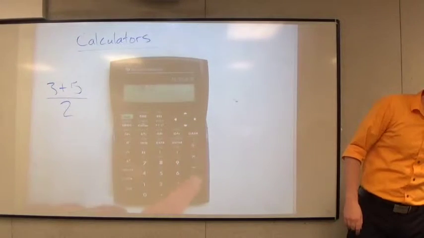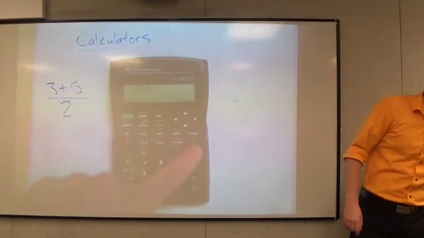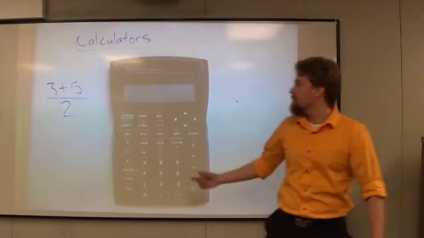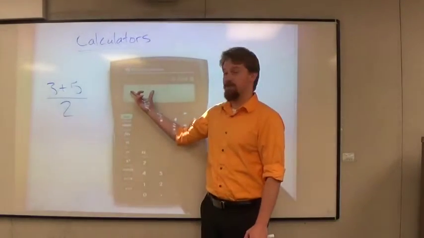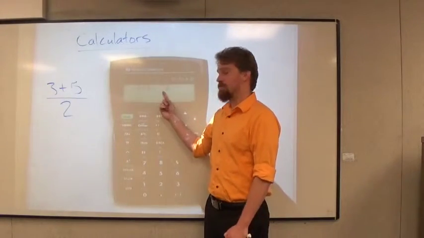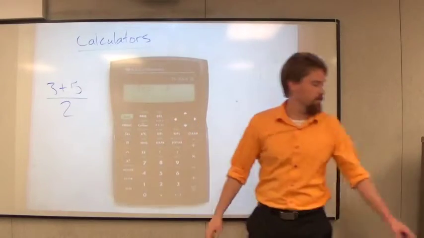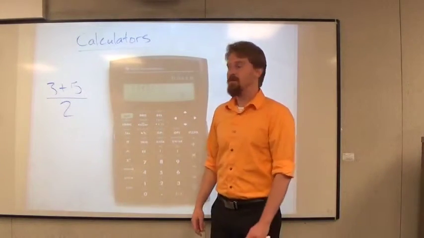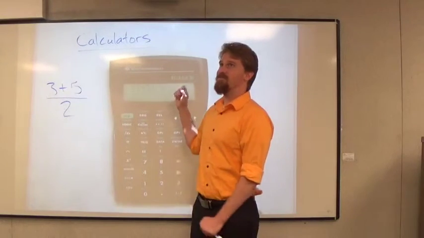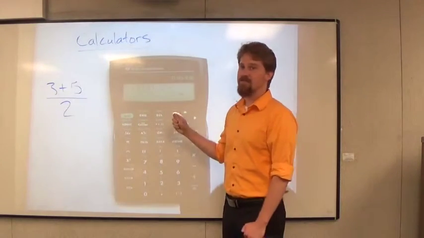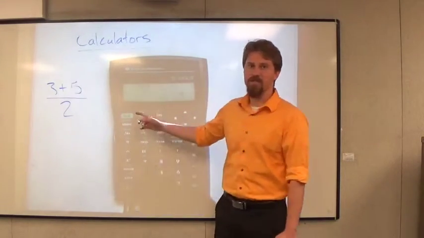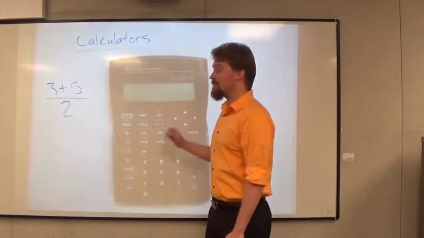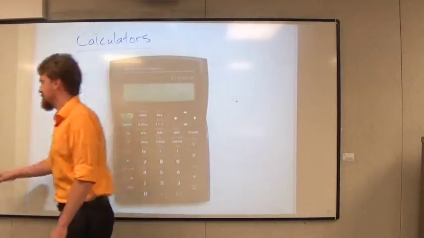Parentheses, 3 plus 5, divided by 2. Now it's going to understand to do the stuff in parentheses first, divide by 2 after you've done that. Answer's 4. This is such a common error, I catch it on at least one person's test every time I give them. Similar to that